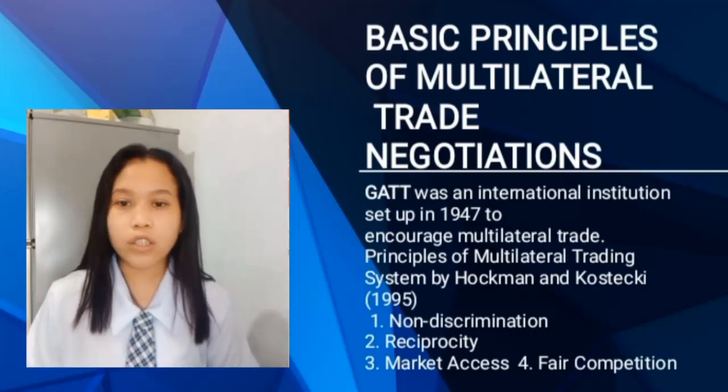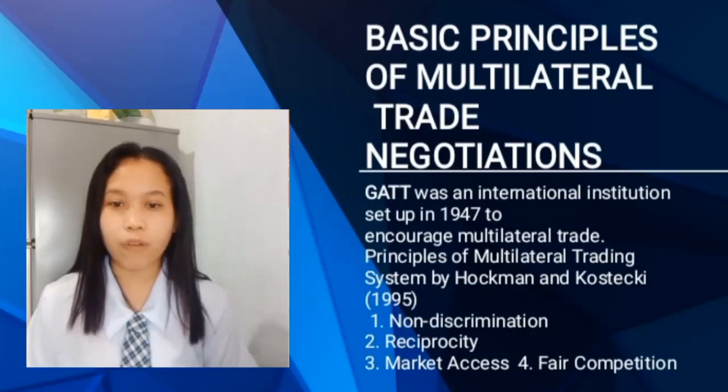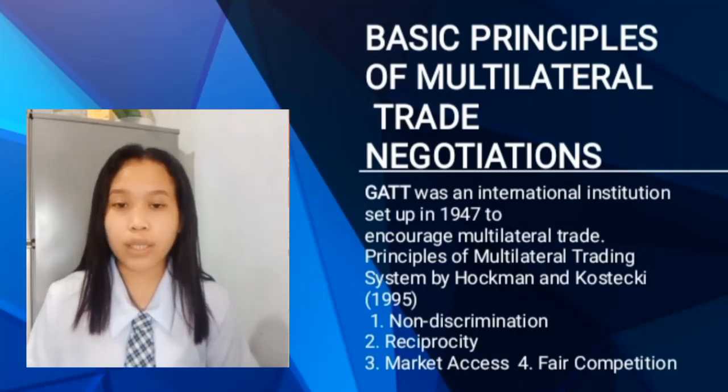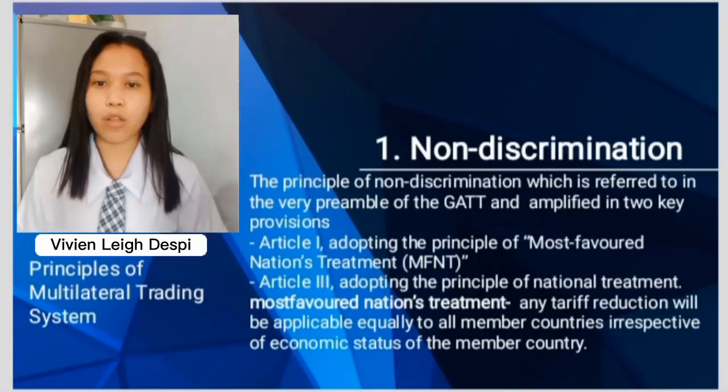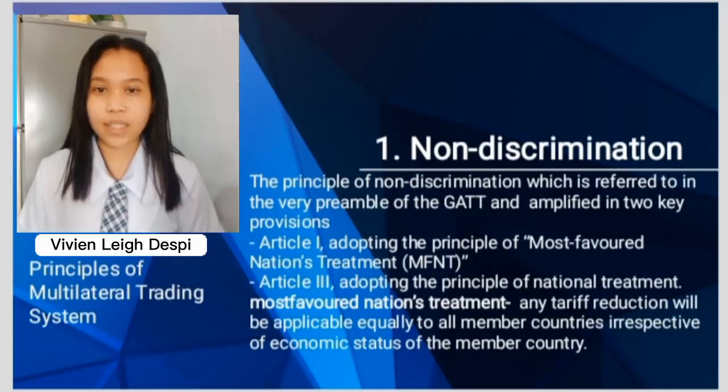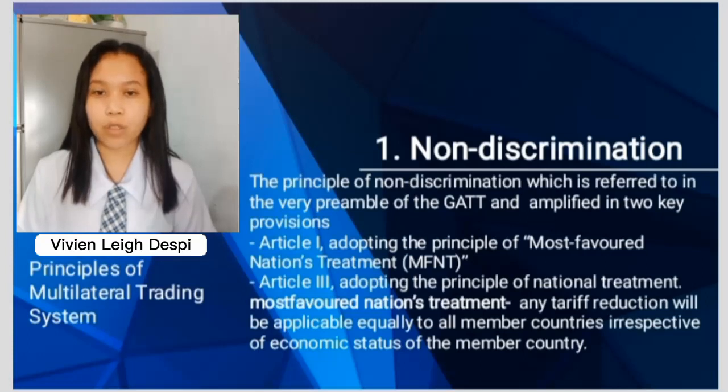decades. So, according to Hochman and Kostiki in 1995, there are 4 principles of multilateral trading system. First is the non-discrimination, second, reciprocity, and the third one is the market access, and fourth, fair competition. First of all, the principle of non-discrimination, which is referred to in the very preamble of the GATT, is implied in 2 key provisions. They are Article 1 and Article 3. So Article 1, adopting the principle of most favored nations treatment, or MFNT, and Article 3, adopting the principle of